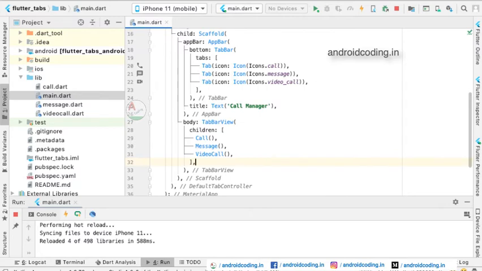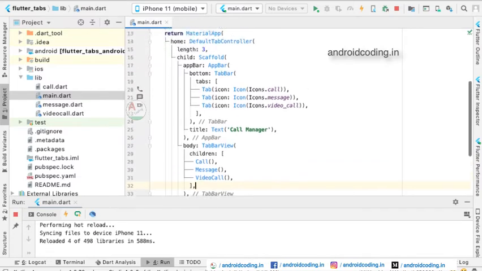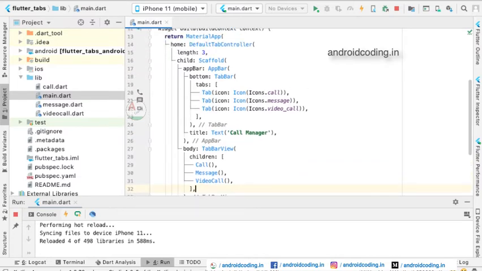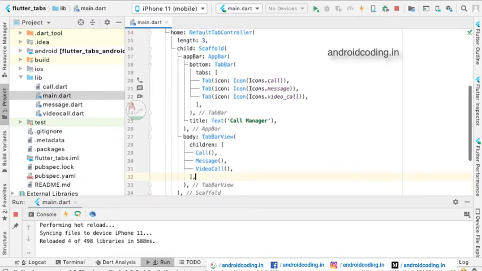In our previous vlog, we have seen navigation drawer. There we have made use of fragments. Similarly, we use those kinds of fragments here to make different tabs. The first tab is call. It will have a list of user names from which we got calls. The second tab is messages, the messages which we got from the users, and the third tab is video call.